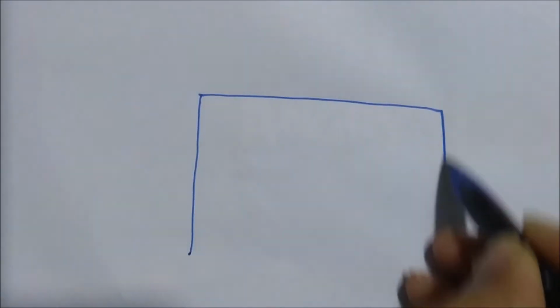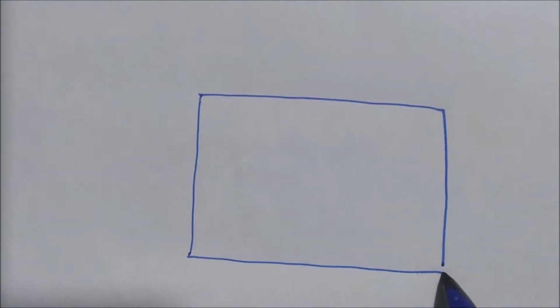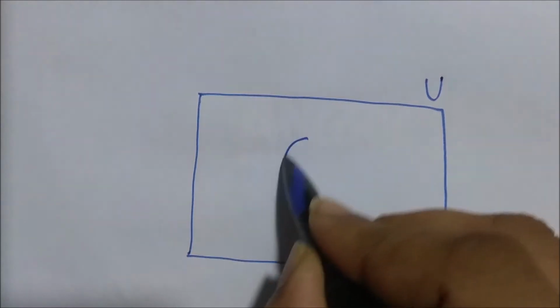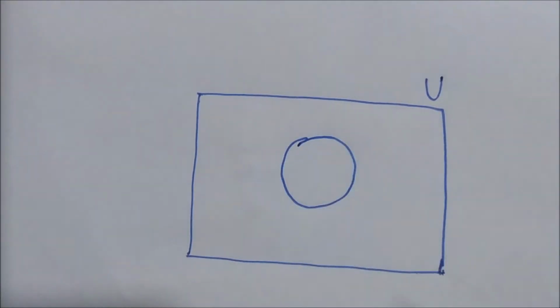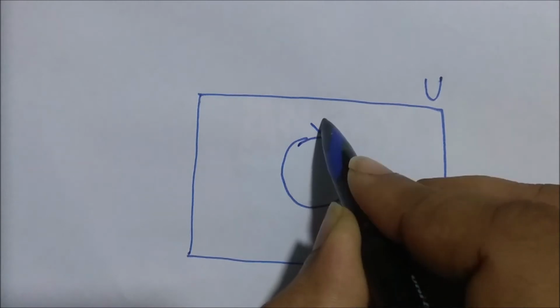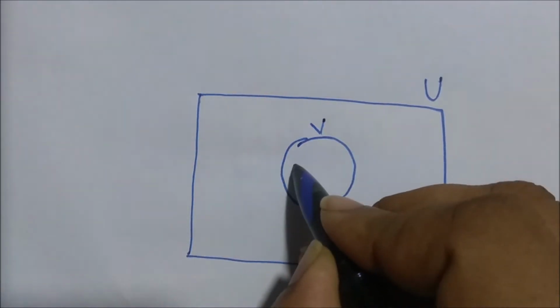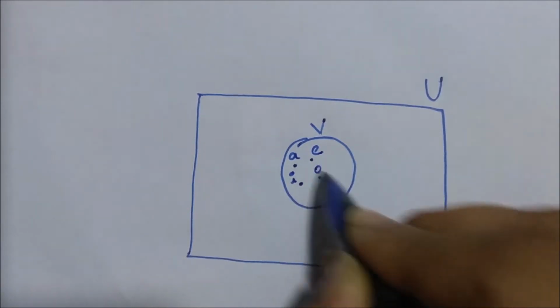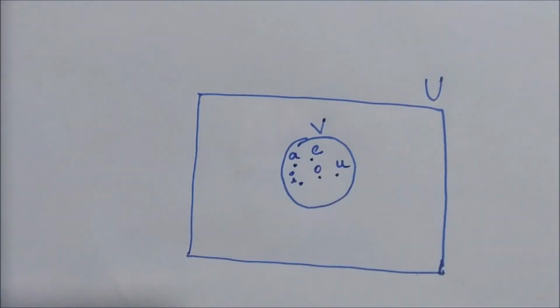The example here is that we consider the set V of all vowels in the English alphabet. Now the set V contains A, E, I, O, U, right? The objects under consideration are the letters of the English alphabet. So here we first draw a universe, which is a rectangle, and the universe contains all the objects under consideration. Here the universe is the set of all letters in the English alphabet. There are 26 letters, and those letters are the elements in the universe.